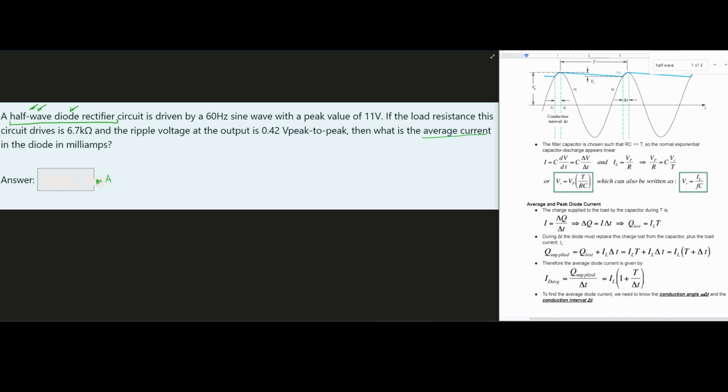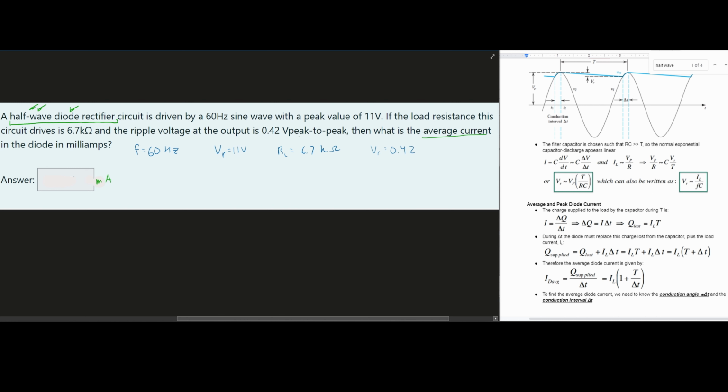So let's jot down everything that we know so far. First, we know that our frequency is equal to 60 Hertz. We know we have a peak value of 11 volts, so our voltage peak is 11 volts. Our load resistance, RL, is equal to 6.7 kilo ohms. And then our ripple voltage at the output, VR, peak to peak, is 0.42 volts